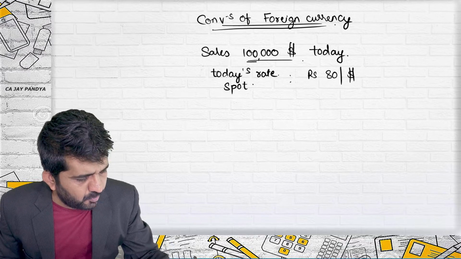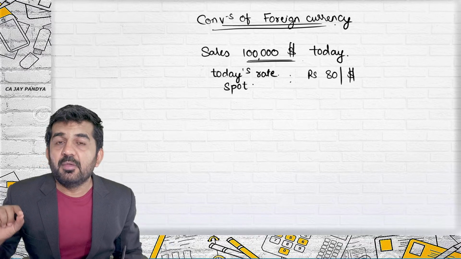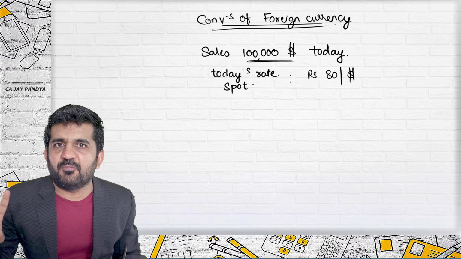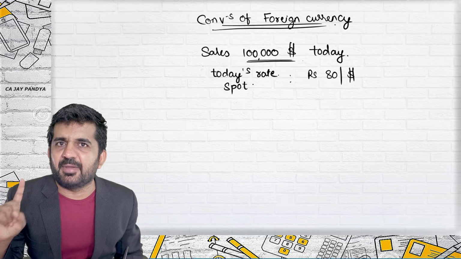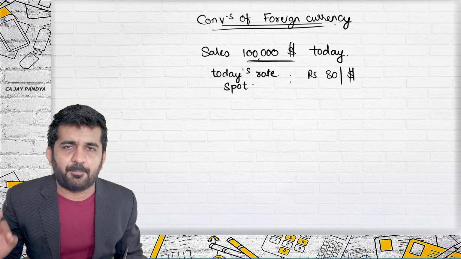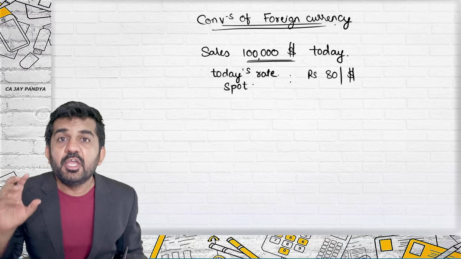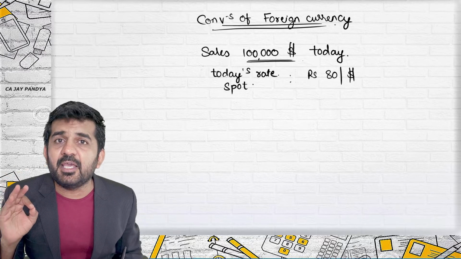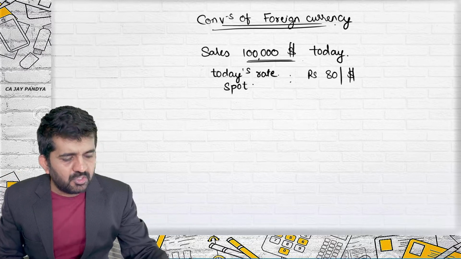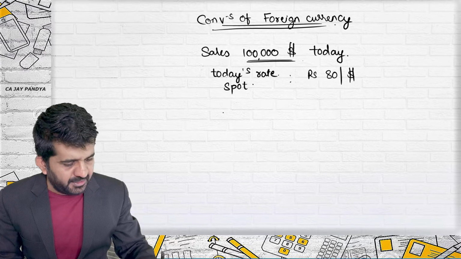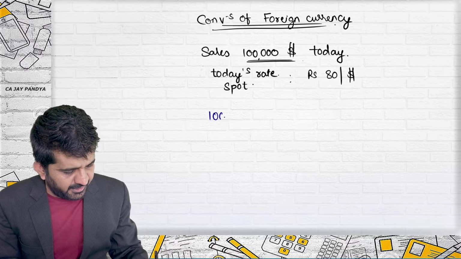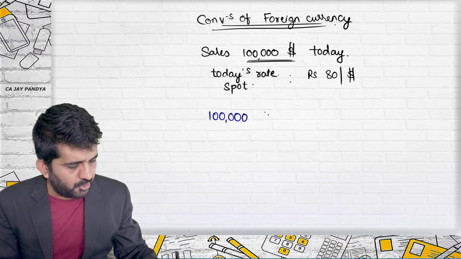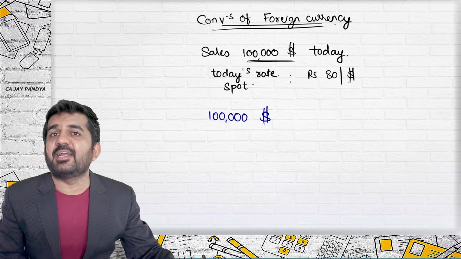I cannot write down $1 lakh in my outer column, because my outer column in my profit and loss account, in my journal entry, in my ledger account, in my trading account, and in my balance sheet, in all the cases it will be rupees. So I need to convert this $1 lakh into rupees. Try to concentrate. I am converting it. $1 lakh. What is the rate?